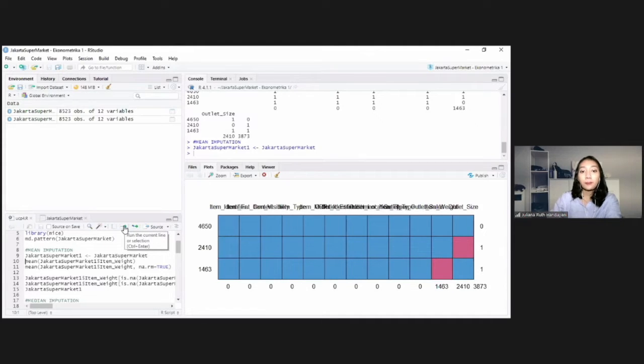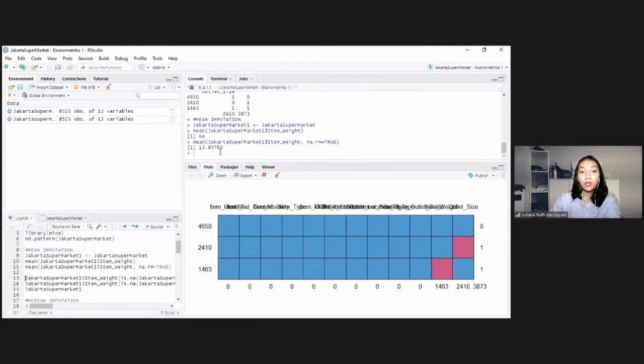Then we try this command to find the mean, and it turns out the result is still NA. Next, we remove the data whose value is still NA to get the mean. The result means the item_weight is 12.69563.